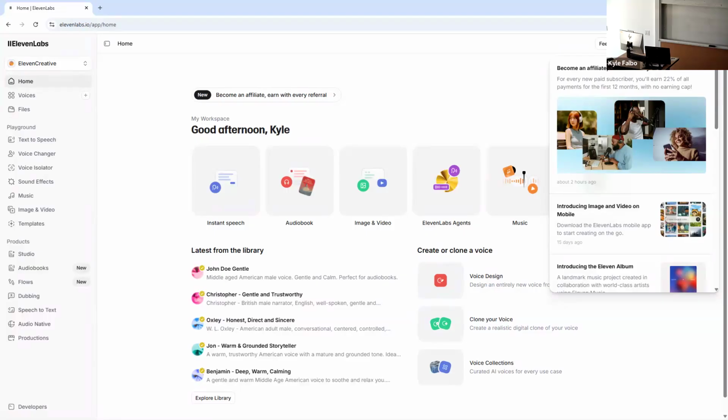Then we get into the future that we've hinted at a little bit here, which is 11 Labs agents, being able to do full-on workflow processes using agents, and the creation of music. Because now I've got the clone voice, I'm not only generating AI music, but generating AI music with my own AI voice being the singer. So a lot going on here.